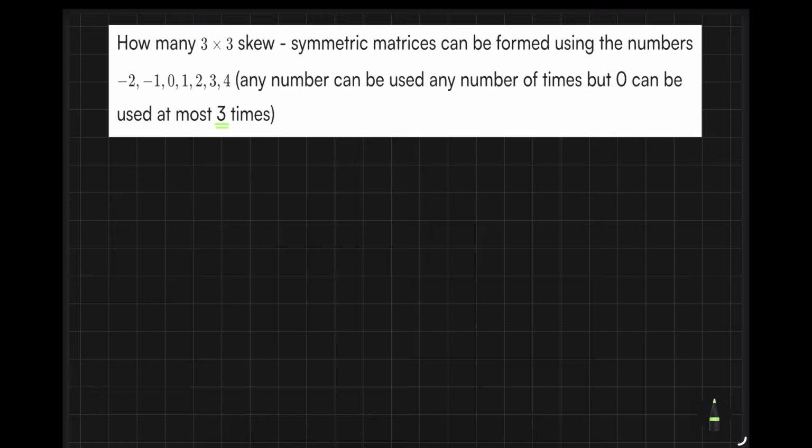Great. First, try to understand what a skew symmetric matrix is. If A transpose is equal to minus of A, it is a skew symmetric matrix. Now, suppose that we are interested in making a skew symmetric matrix. So you know that it will have diagonal elements as 0. So suppose it is 0, A, B, C, 0,